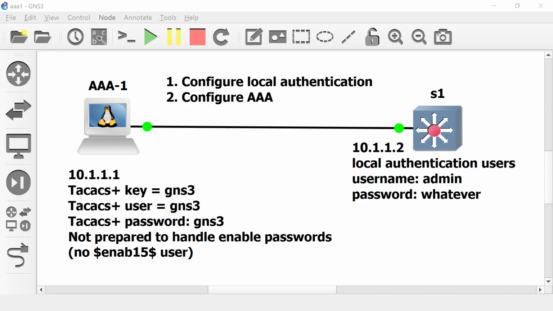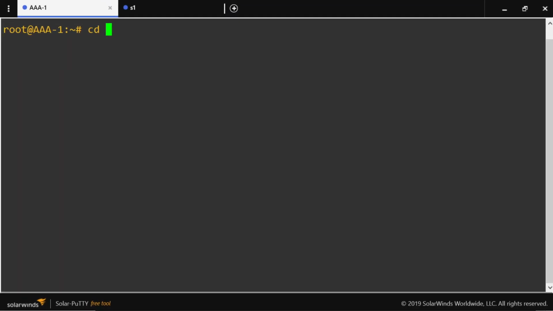This is a local authentication and AAA lab. We're going to only have one AAA server and one switch, and first we're going to configure local authentication and then configure the AAA on the switch. So first of all, remember that in order to configure